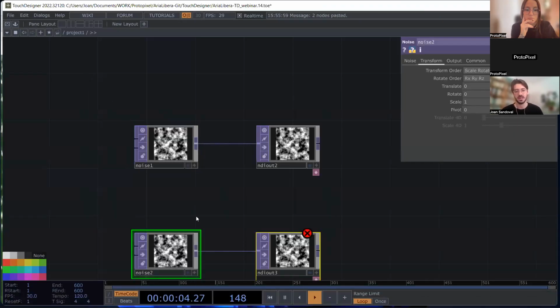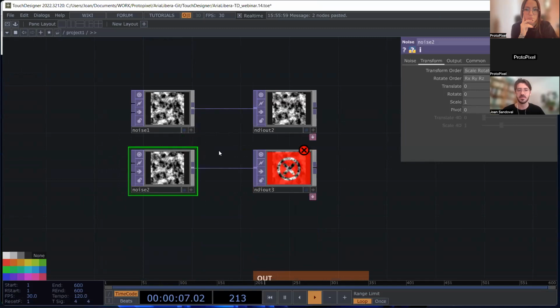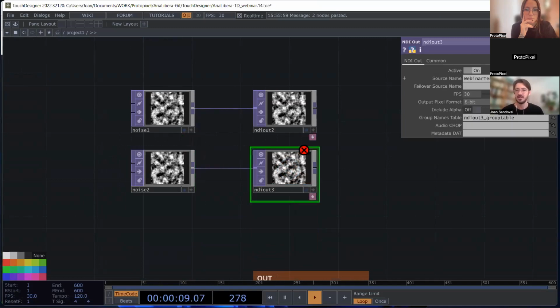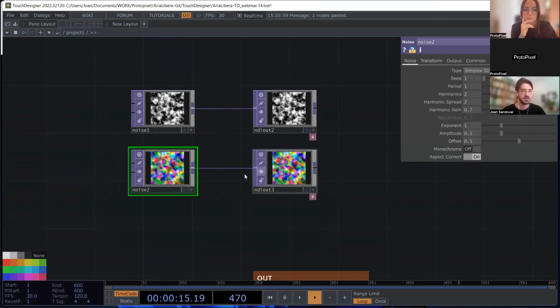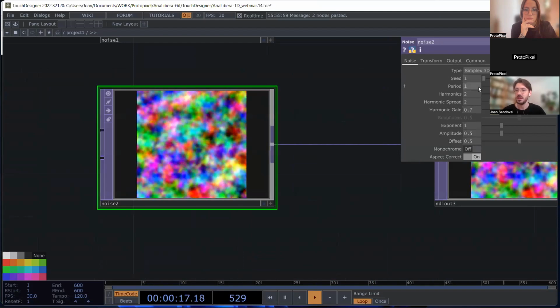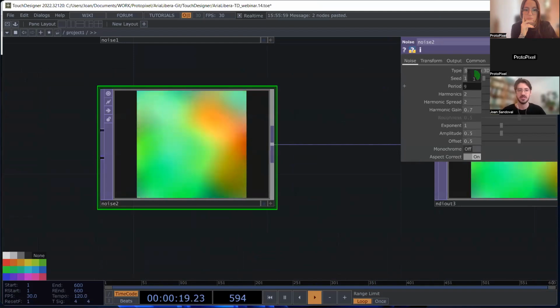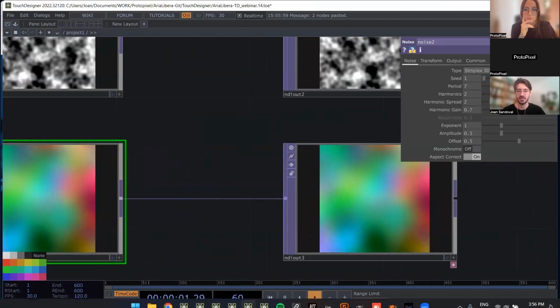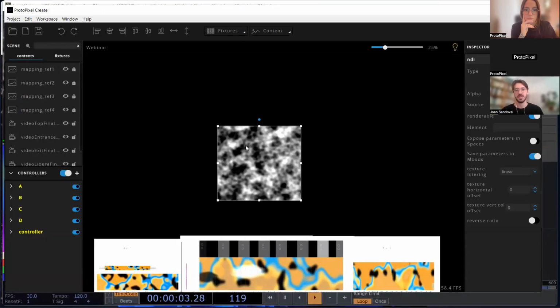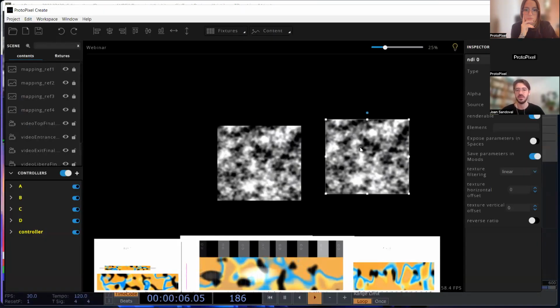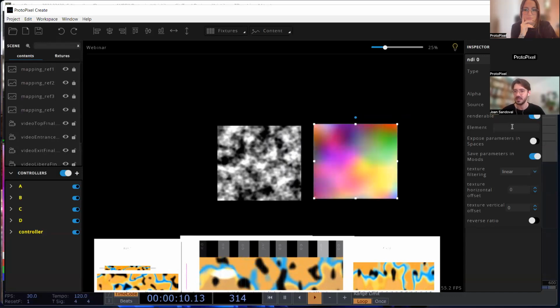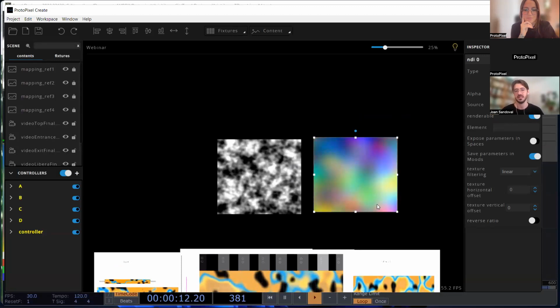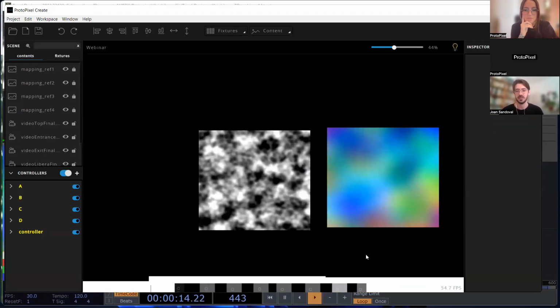Also, very fast, if for some reason we want to create more, it's simple: I just copy this. It needs a different name, so we can put 2. We can change the noise a bit, put the noise with color, and the period, so we have this nice animation. Here we can also duplicate, and we just select the other source. Now we can see that we have the two contents